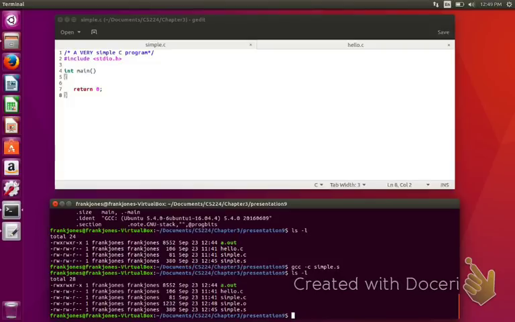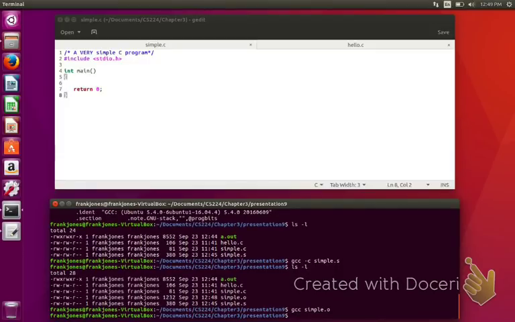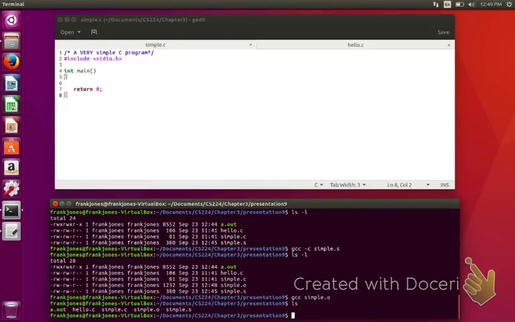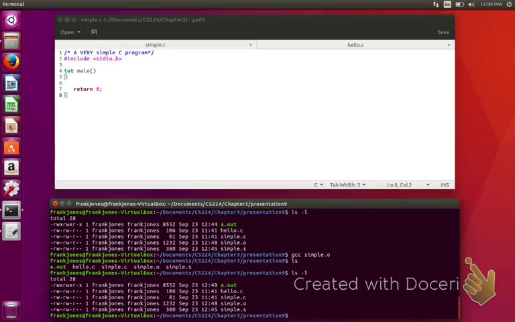Let's push this through the last step. So we've gone from a C source code file to an assembly code file to an object file. So we've gone through the compiler and then through the assembler. Now we need to go through the linker, and so if I say GCC and I feed it the simple.o file, we should get, well, I think I already had a.out sitting there, but let's now look at the timestamp on it,